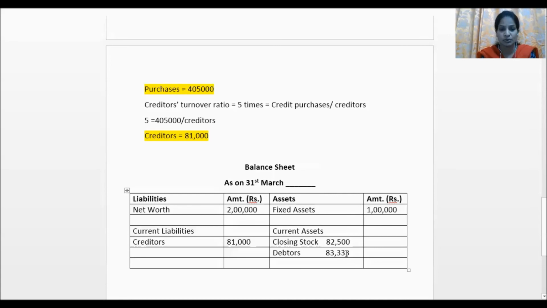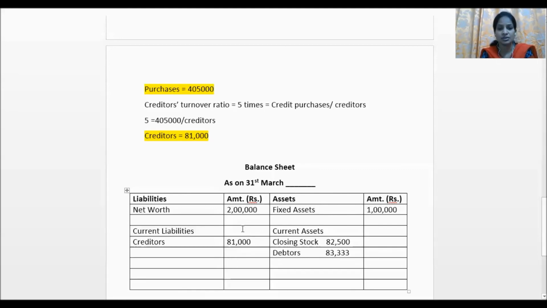Now if you see, we have recorded almost all the things which we have solved. Now we have to check if all the things are getting balanced. On this side if you see 2,81,000, and this side is less than 2,81,000, so we'll find out the balancing amount. First, since this side is complete, we'll make the total of this side, that is 2,81,000. Now since this side is complete, we are going to take the total of this side, 2,81,000. Since both the sides are going to be equal, I am writing the same amount here, since the total of the assets and liability side is going to be equal.